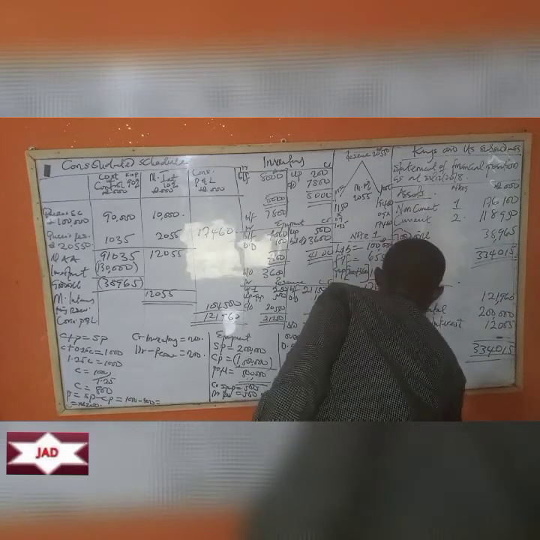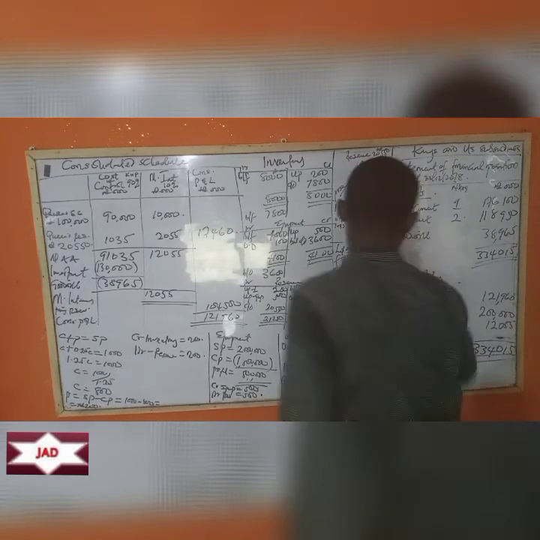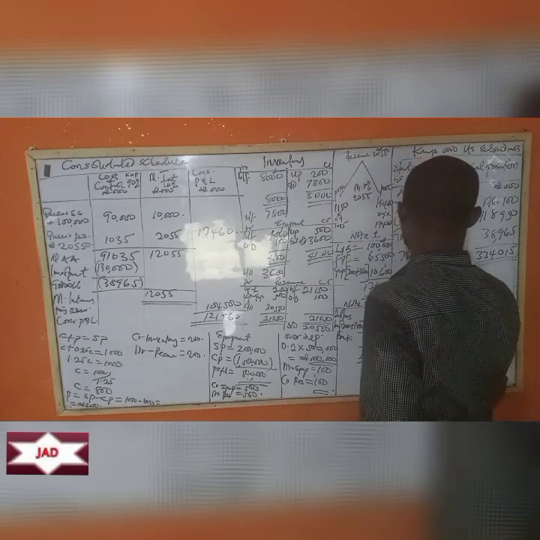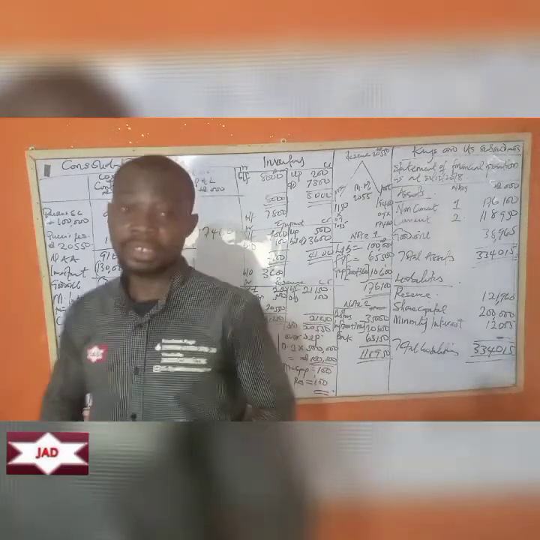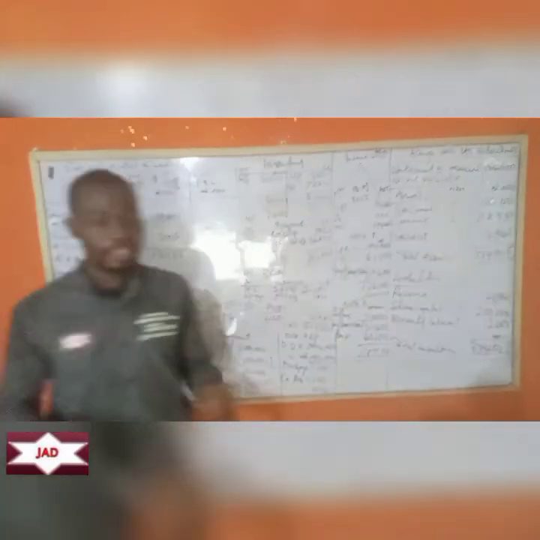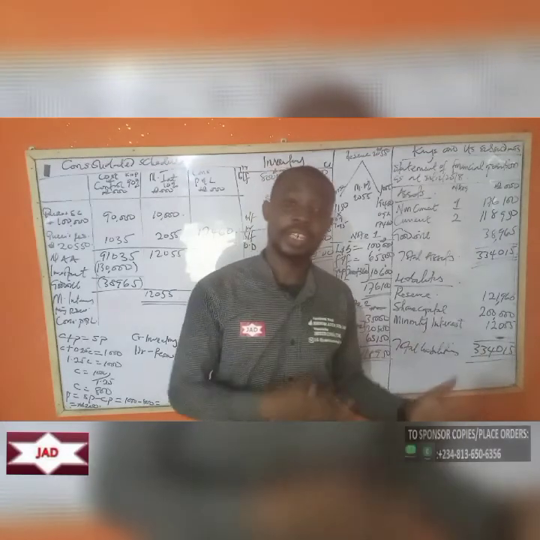So this is your total liabilities, and this is your total assets. What we've done here today is to take into consideration a scenario where there is transfer of assets